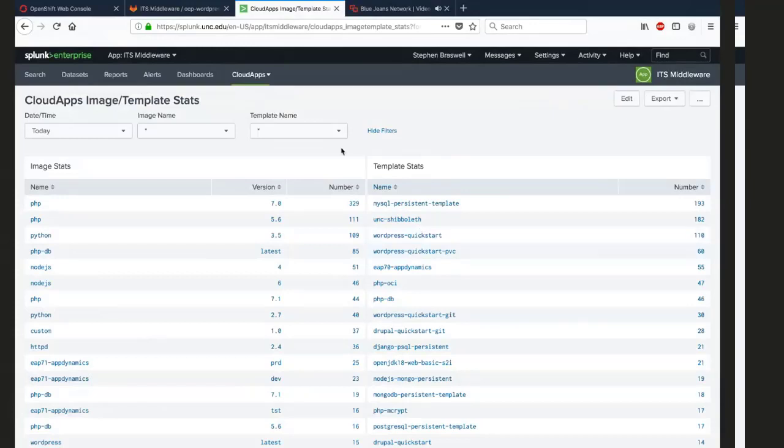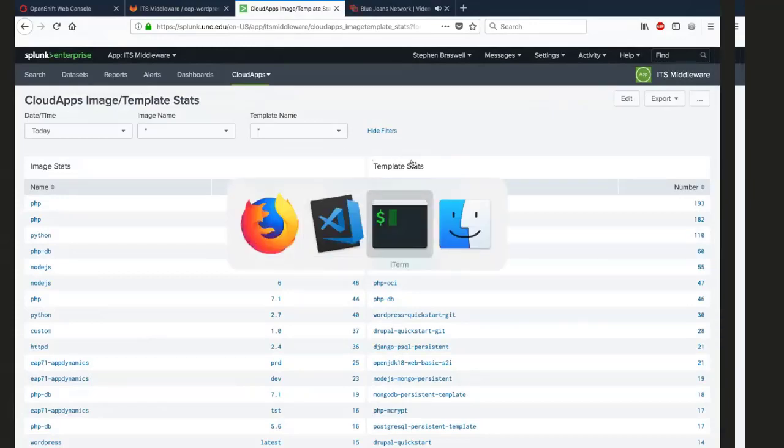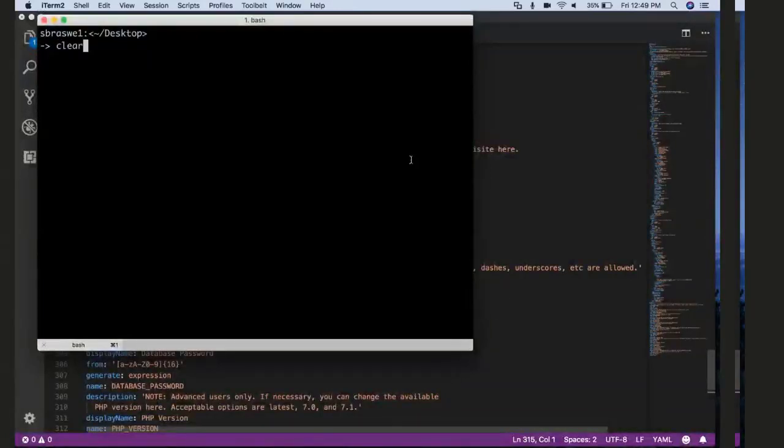So one of the additional things that we're doing is, let me go over to my command line window, we're putting together some tools that'll connect to the pods and find out what the versions are based on the appropriate files in either Drupal or WordPress, and then we'll pipe that data into another log file or the same log file, and then consume that data in Splunk so we can do reporting on it. And then we'll have information for our information security office, and if we decide to contact customers saying you're grossly out of date, you're supposed to be updating this because you agreed to do that with your terms of service,